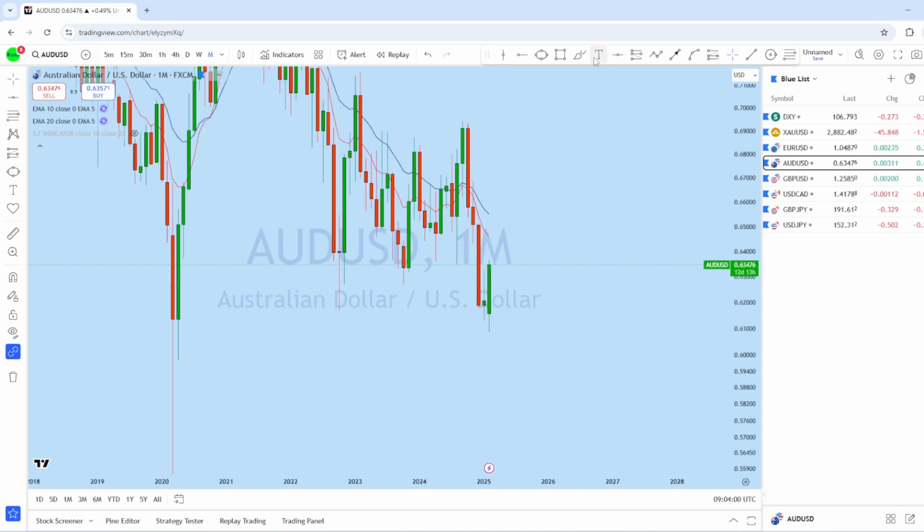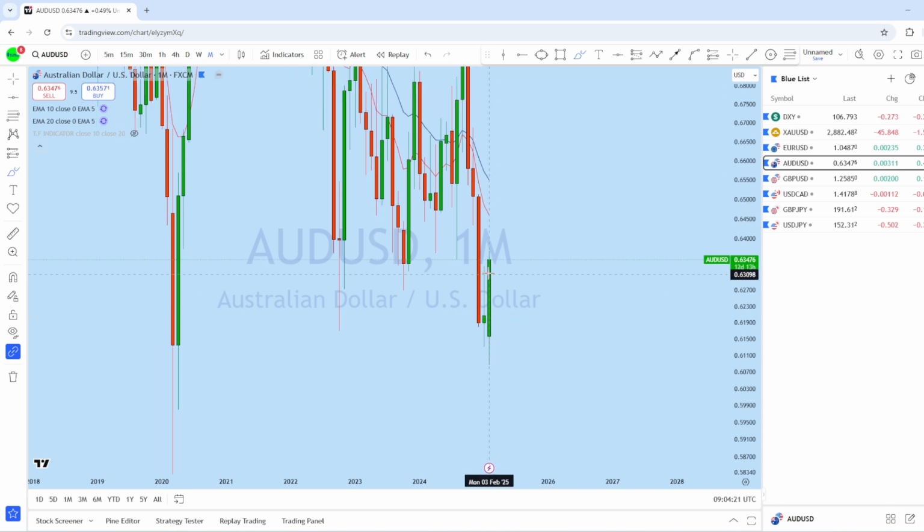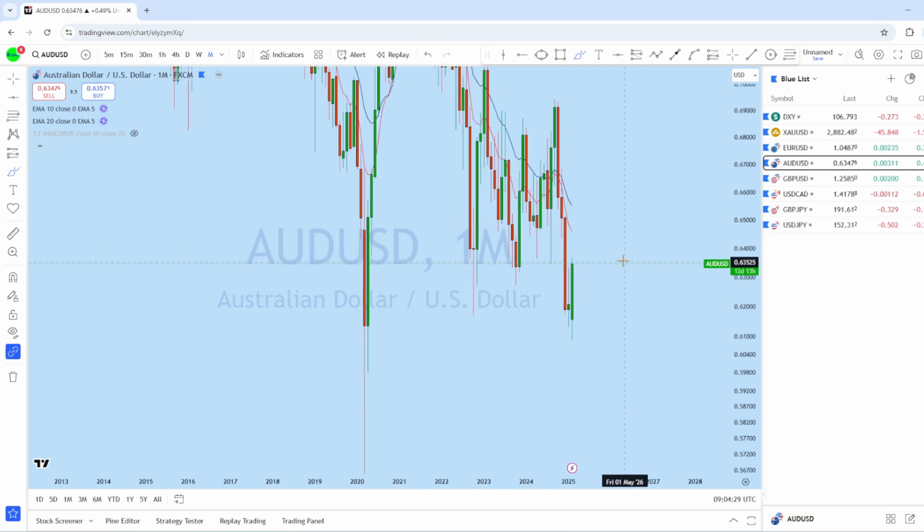Monthly perspective on AUD USD, from this level we can see that this is a massive drop here from the monthly on Aussie dollar, with quite a few rejections here, and this is the monthly impulse on AUD USD, which could give AUD USD another momentum to the upside to create a new higher high. Now, as you can see, the market engulfed the previous monthly doji from both directions. We could see further upside here on AUD USD.